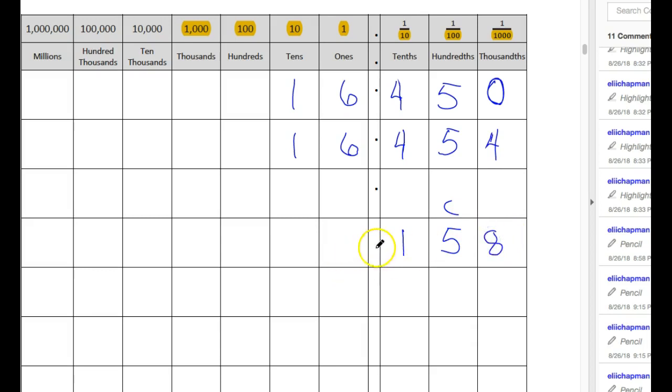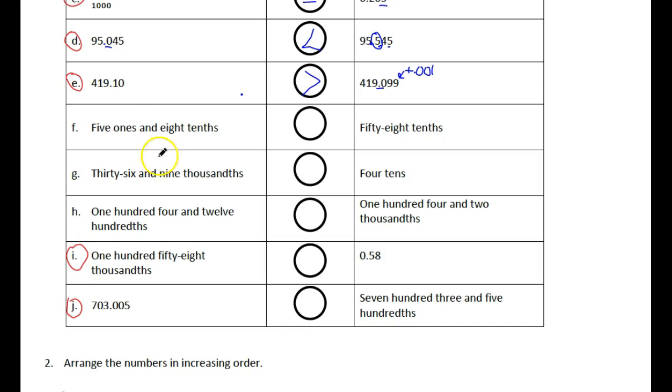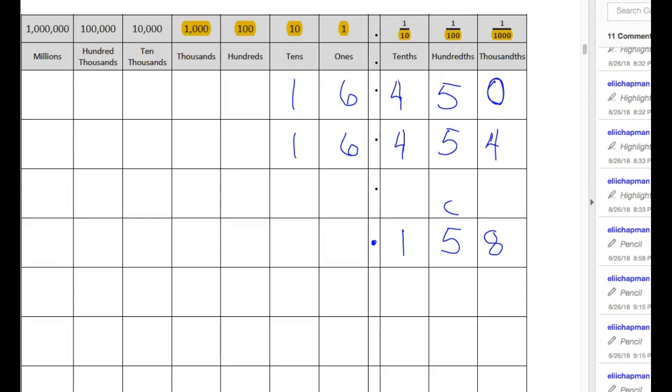158 thousandths. So we have a decimal right here. And then if we look at that other one we had, this one says 58 hundredths because the 8 is in the hundredths place. Let's mark it in here. So here's our decimal and it was